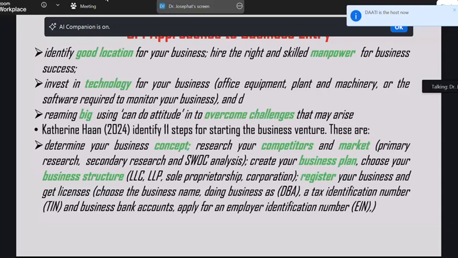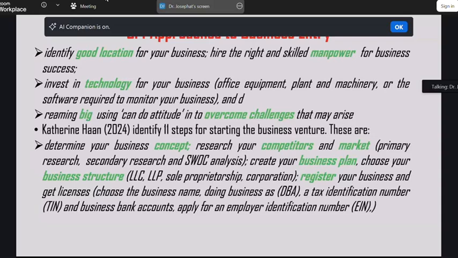Na tunaweza kuangalia Catherine Hanks 2024 identify 11 steps for starting the business venture. Na hizo steps ukisoma zaidi alielezea step nyingi sana, na zina include determining your business concept, research your competitors and the market as a primary research and secondary research, as well as SWOT analysis. Akaongelea pia create your business plan, choose your business structure, whether it's limited companies, cooperatives, or LLP, or sole proprietorships or corporations or partnerships. So akaongelea pia register your business and get a license, choose the business names, doing business